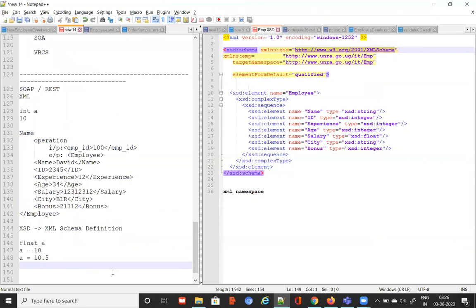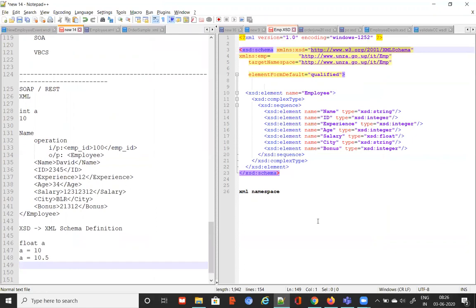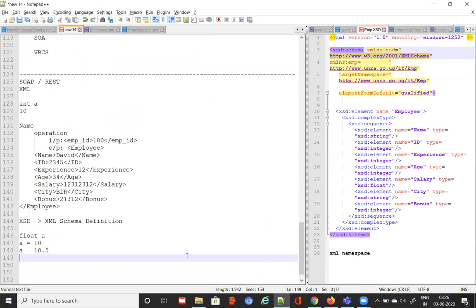One thing I want to tell you, and you should have this knowledge: strictly speaking, there's only XML. Everything is XML. Even your XSD is also an XML document. Do you see that? There's nothing like an XML schema definition separately. That is also another XML. So XSD is also represented using XML. Okay, so with that, let's continue.